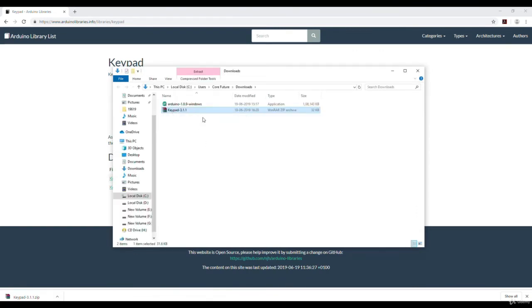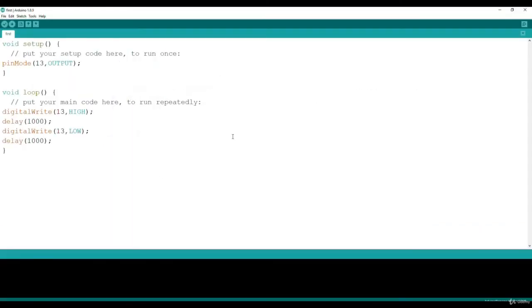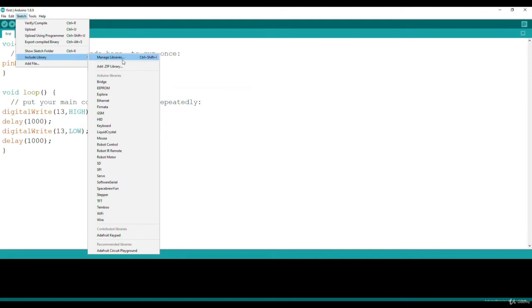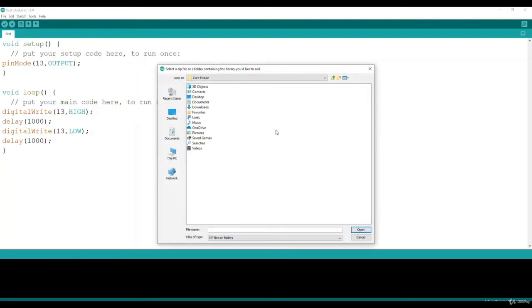Keypad 3.1.1. Now, once it is downloaded, I have 2 ways to install it. One way is, I'll first open the software and go to Sketch, then include library. Then below the manage library option, you will see another option called add zip library. Click here. It will open a dialog where it will ask you to select the zip file you want to install. For this, I'll click on downloads and locate this keypad zip file. Now if I click on open,